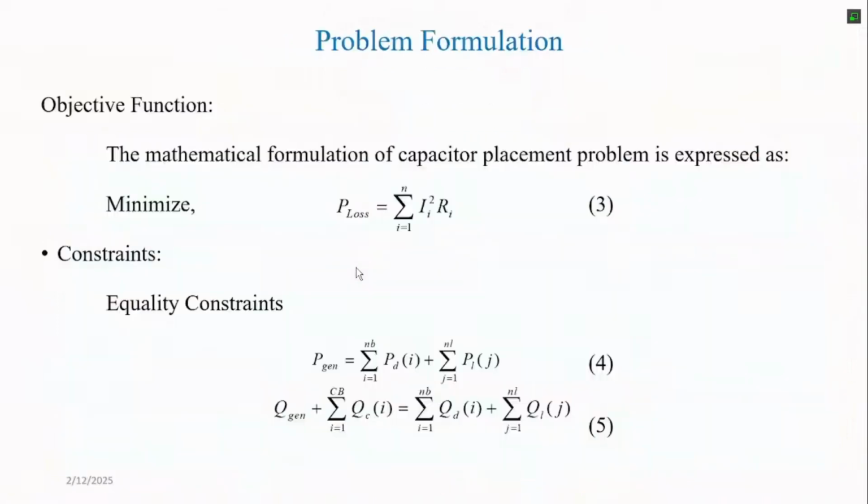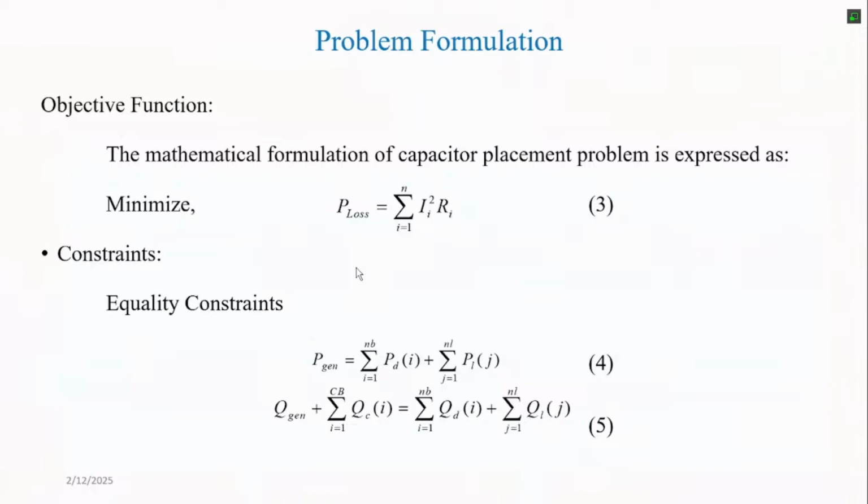Okay, the same problem we were talking about earlier, considering a specific problem of capacitor placement in a system. Here if you see this equation 3, simply we write our objective is to minimize the power loss, with whatever the value of I square R is, and this same problem is to be solved by satisfying the equality constraint and inequality constraint.